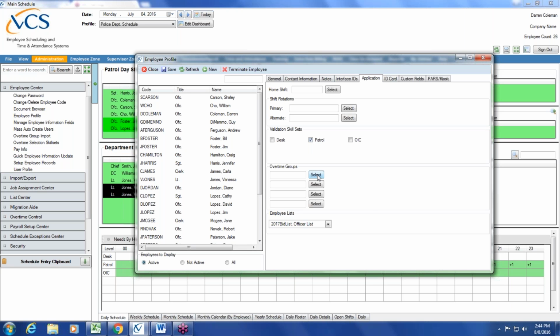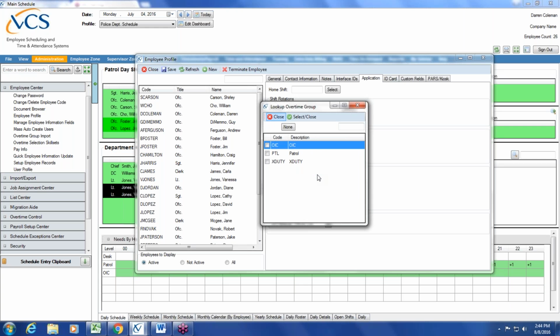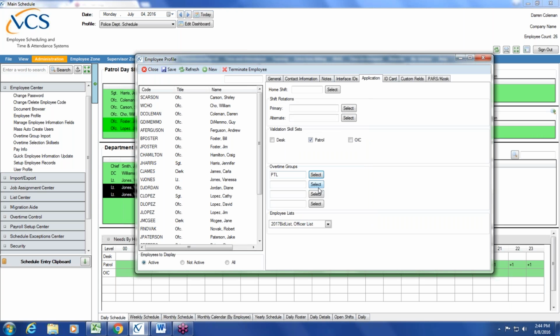In the next section, you will be able to select overtime groups. Your overtime groups are going to be created if and when you attend the overtime replacement classes. And this just determines what types of overtime opportunities this individual can be contacted with. And this is primarily used by our open shifts. So if we have a staffing shortage on a night shift and we want to post that online and allow people to see those and sign up for those, they need to belong to the right overtime group